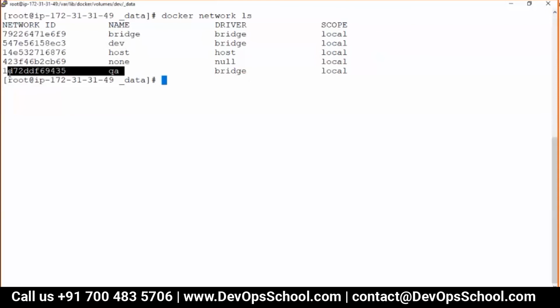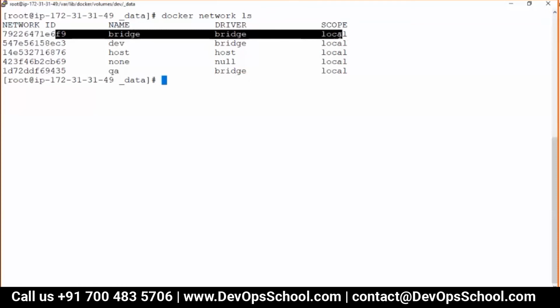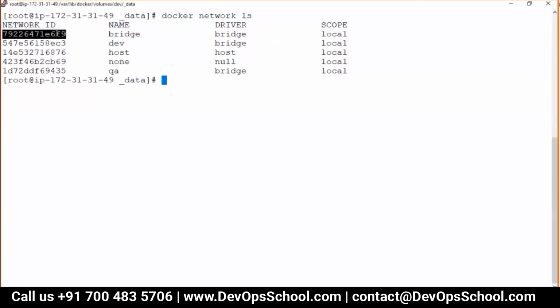Any questions, guys? And the default bridge, we cannot change any parameters in the bridge. No, I told you that you cannot change here. Repeating, it's a default bridge. It's controlled by Docker, and the moment you start Docker the very first time, this will get created, and after that it will not be able to do anything. So if you want to use a specific range, the CIDR and all, then only we go for our own customized bridge, right? Yeah, cross network testing and all this stuff.